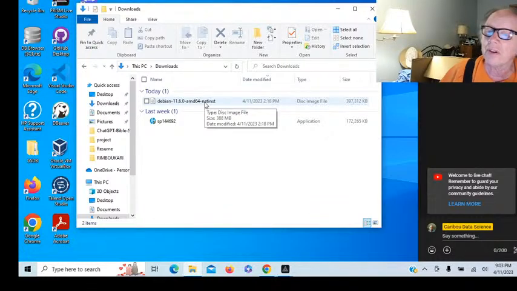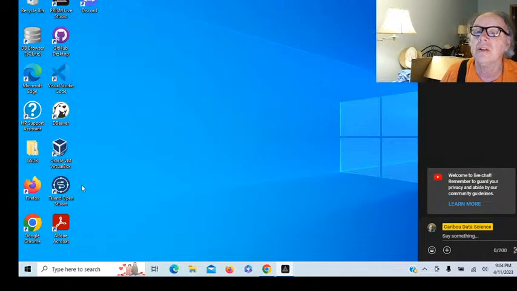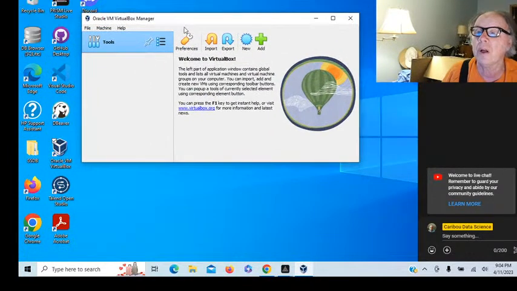You notice it's actually fairly small, 397 megabytes. It does a lot of installation from the web. That's why it's called net install. So let's go ahead, and it should take about 10 to 15 minutes to fully install. And in the meantime, we'll